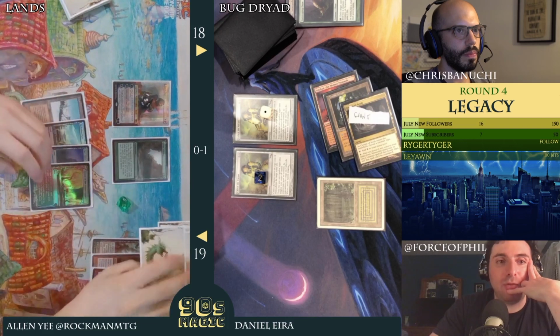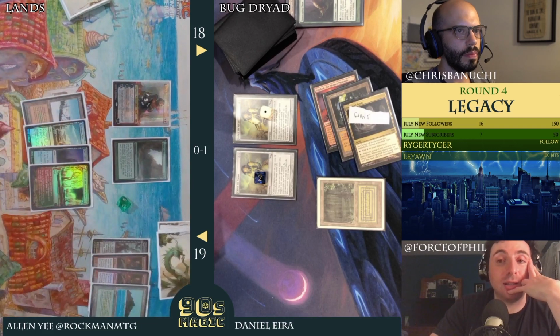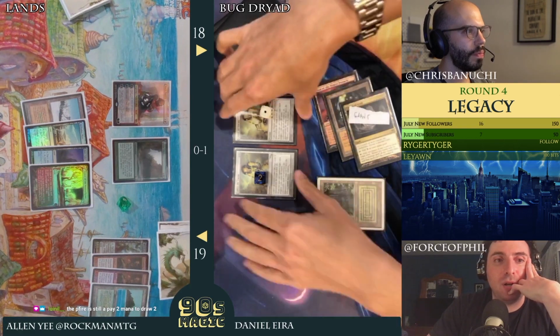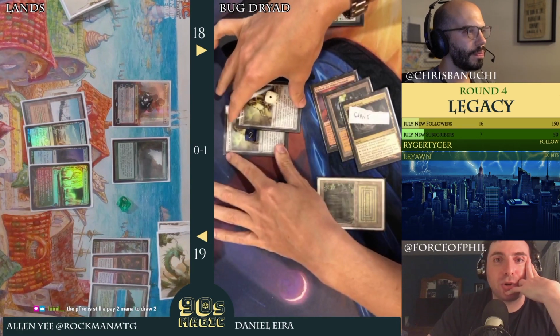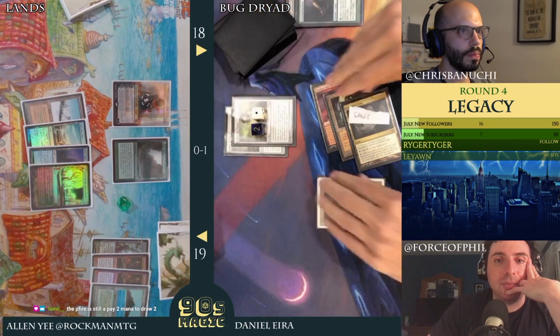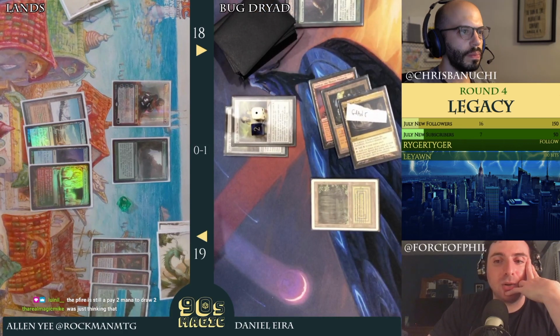But man, if he finds a Force of Vigor, and he's looking at a lot of cards, right? So he's got a couple of Force of Vigor. He could just clear the top of his deck right now, loot again. I mean, just dig 3 to 5 cards deep every turn to try and find a Force. He's under no pressure. These Chalices may slow him down a little bit, but I think for the most part,